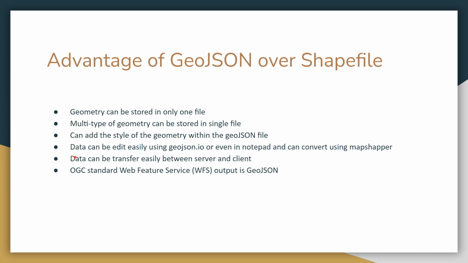And the advantage is that the data can be transferred easily between client and server, because the OGC standard Web Feature Service, WFS, output is GeoJSON output. So it represents the feature or the feature collection. So the data can be transferred easily between client and server, but for a shapefile we cannot transfer easily, because it's a different file format, and then we need to write an extra bunch of code